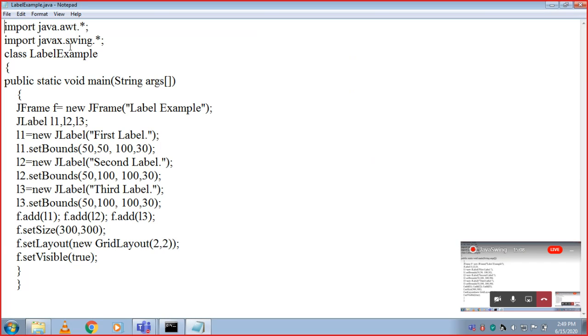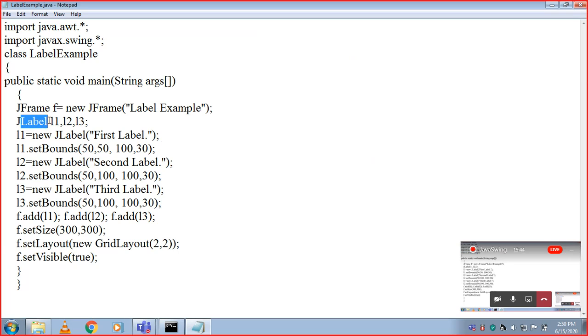Here, along with the javax.swing, we have already included this java.awt. Again we have created one class, LabelExample. Within that, we have a JFrame instance, and we have given the name to that label example that will be on top of the frame.